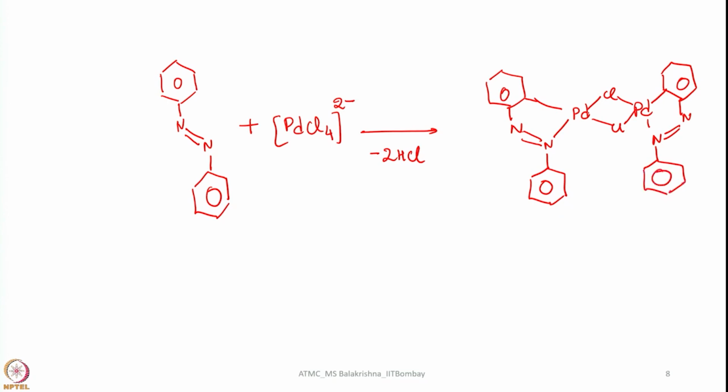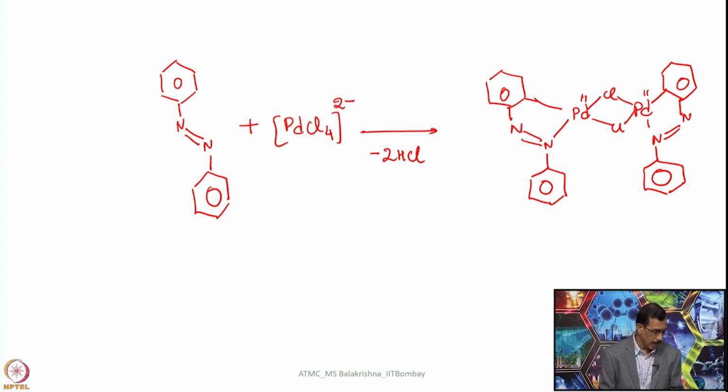You can see palladium is in +2 state here in both. Okay, this is the first compound which shows orthometallation, and later several orthometallated compounds were made, and also in fact